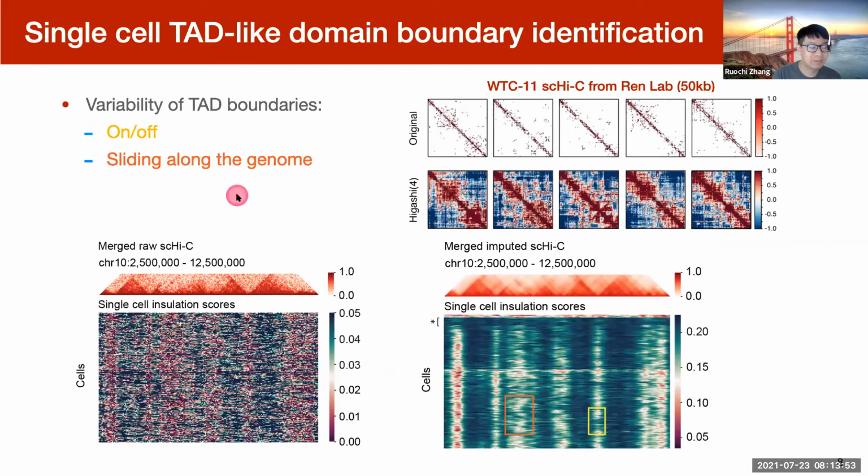After showing the embeddings and imputation of Higashi is actually effective, we then try to demonstrate that the imputation of Higashi could enable a detailed characterization of genome structures. We first try to call TAD-like domain boundaries on this WTC11 single-cell Hi-C dataset from Bing Ren's lab. We use the insulation score-based method where the local minima of the insulation score are likely to be the domain